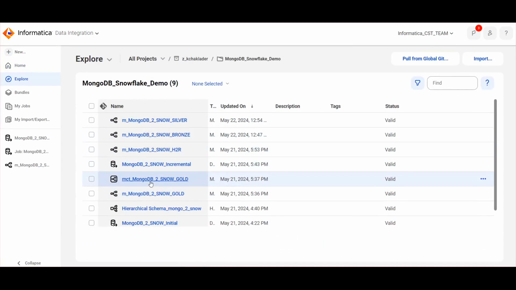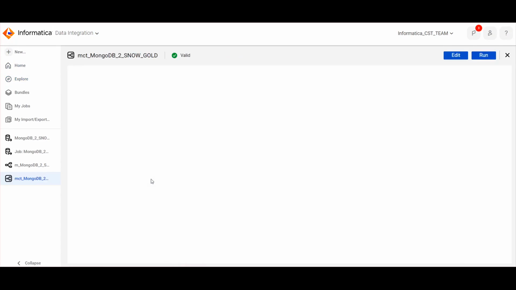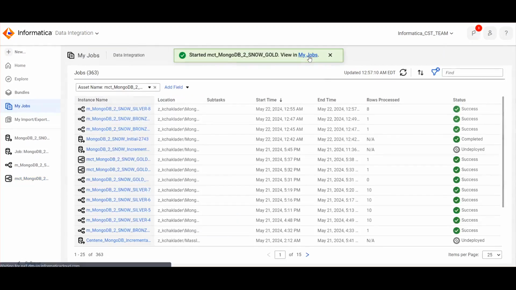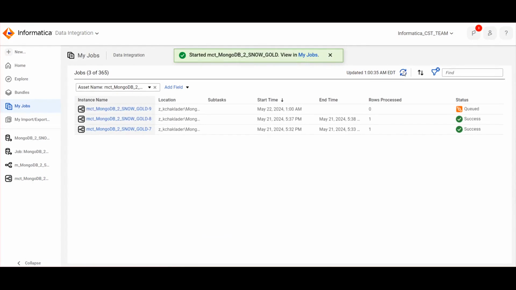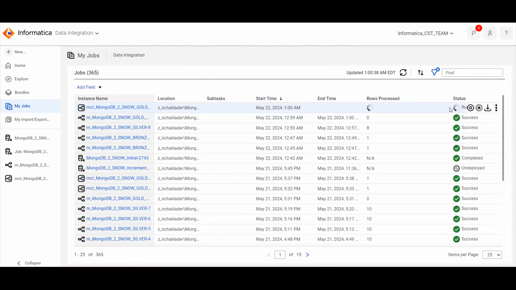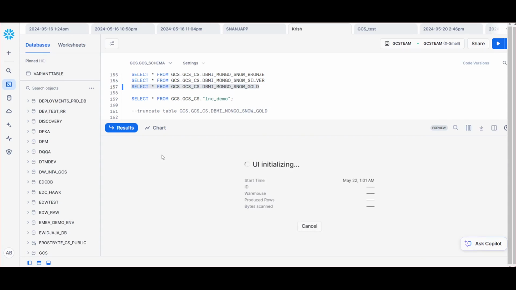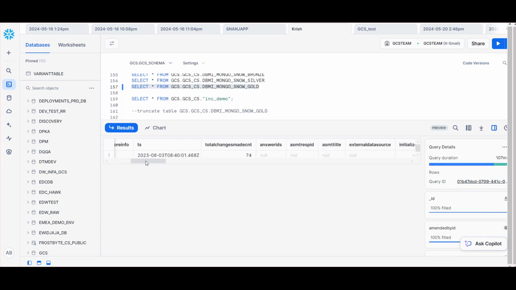and for that I have created a mapping task on top of it, and then I'm going to run this. Click on my job. This is good, and this is in running state. So this succeeded, and now if I come to the gold, I will see all those records combined into a single one,